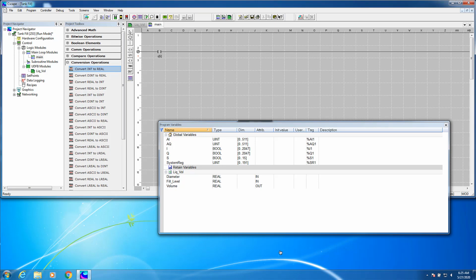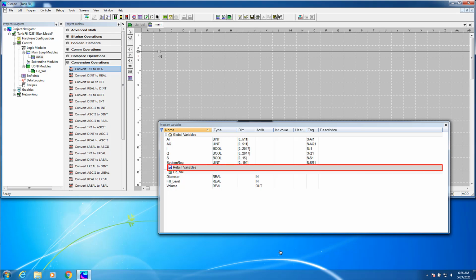Before we start using our newly defined function, let's assume that in this application, the reason we created our UDFB was to quickly calculate the volume of water in multiple tanks. So to make this example more realistic, we're going to create an array of tanks, and to make it even better, we're going to utilize the structure feature so that we can have a series of variables in a structure format all tied to an array of tanks. So I'm going to start by creating a